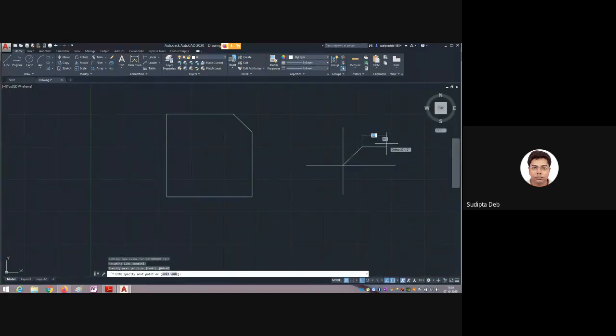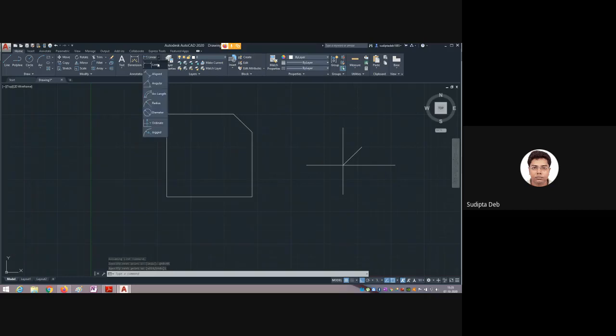Again, if I press enter, I can exit from here. Either you can press the escape button, ESC, from the keyboard, or you can press enter again to exit from the command. And also, one thing you should always remember: the space bar and the two enter keys on your keyboard are all acting as the same thing. All are enter. Right now just try to understand.